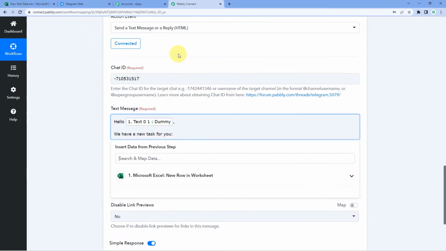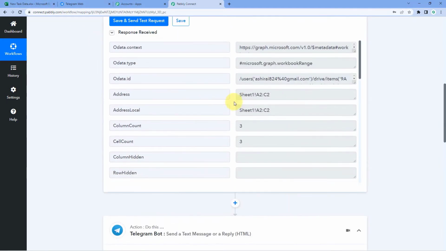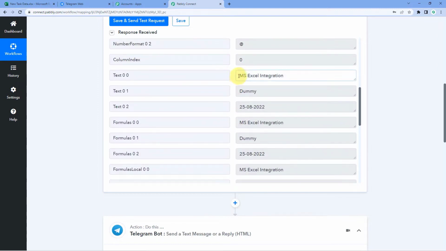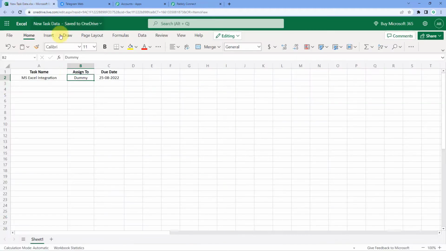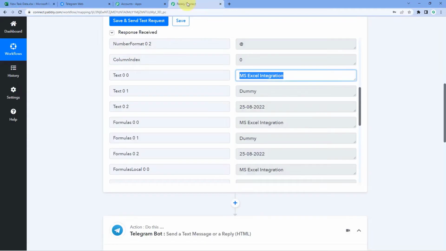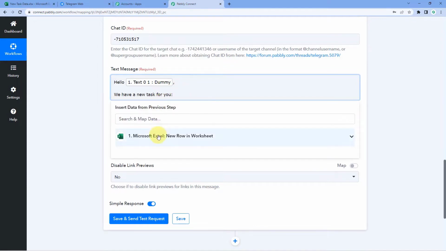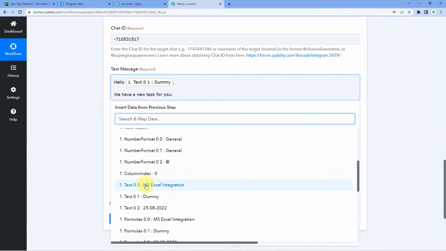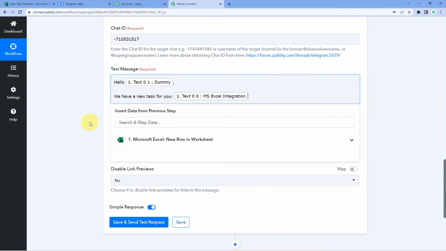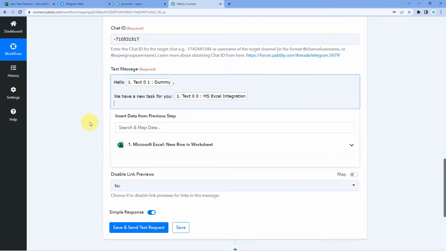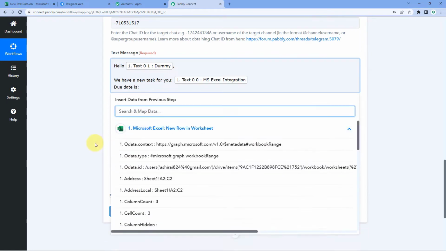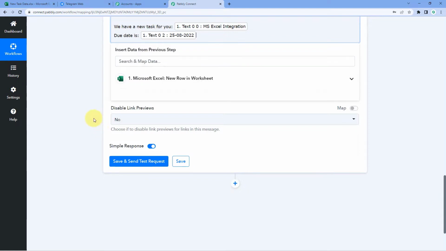So we have received the name of the task as well from Microsoft Excel in Pabbly Connect in our trigger window response. This is the name of the task. So now we will map this name of the task which we have entered in our Microsoft Excel sheet over here in this field of text message. Just click on this field, and from the drop down of the responses, select the response of task name. So we have a new task for you, and due date is,